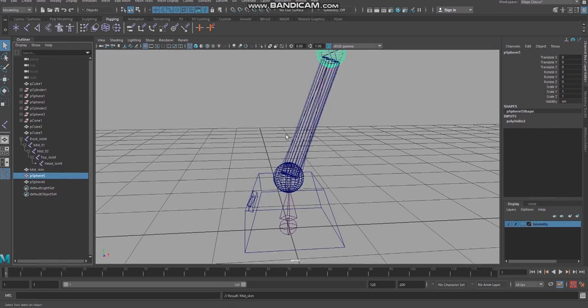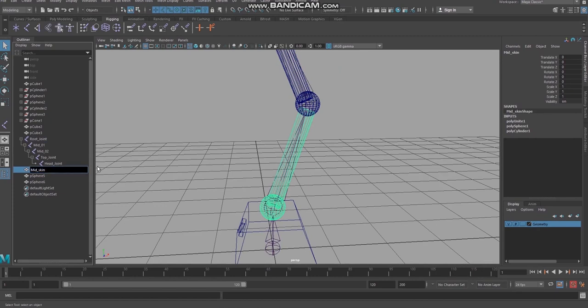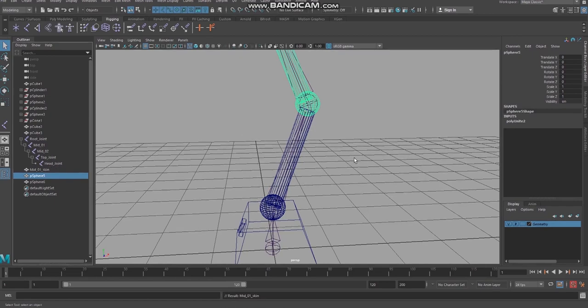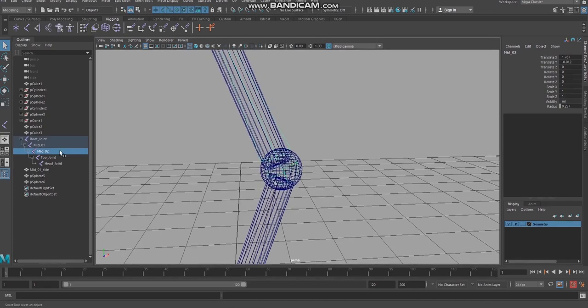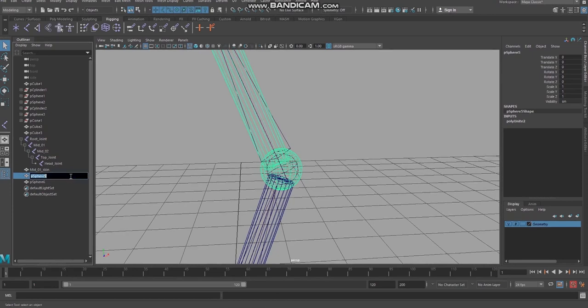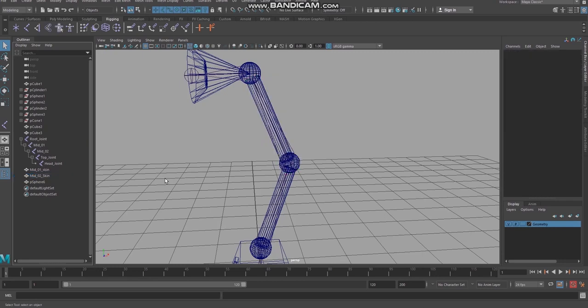The next one is mid one. Okay, so I'm going to give mid one skin, and for the next one I'm going to give this joint. You can see when I'm selecting this joint, it is mid 2 skin. Actually, when we are doing it in the large scale, there is no need to keep on renaming, but when we are grouping or when we are combining,